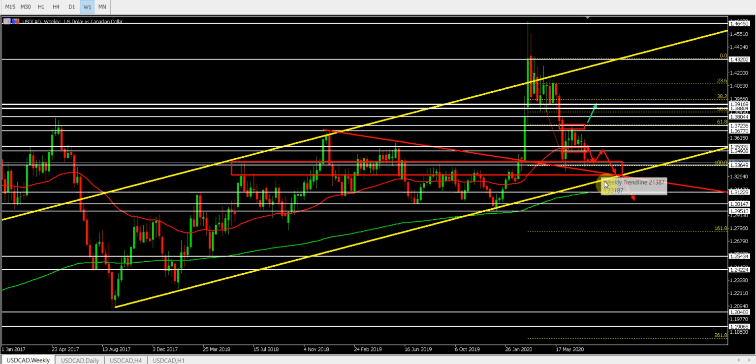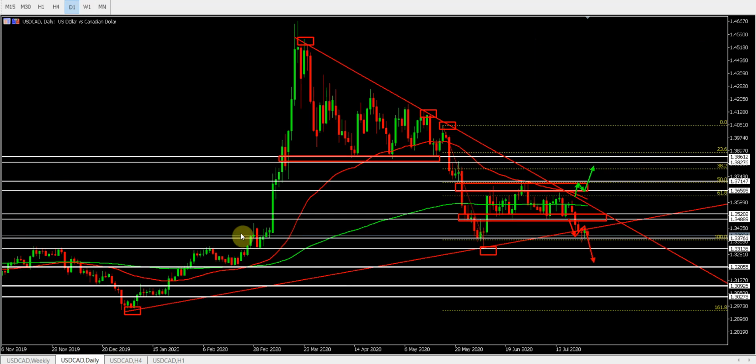Below the 133 area, I'll be going over to the 132 area and probably the 131 area, which matches with the 200 EMA as well. But let's look at the daily, let's look for the week ahead. Consolidation a bit. Below these areas, you could target